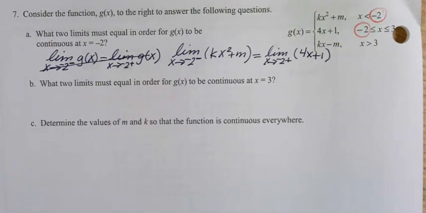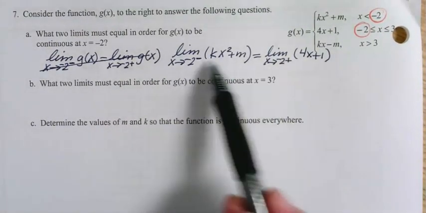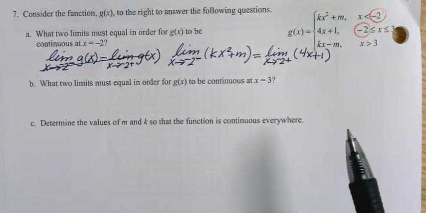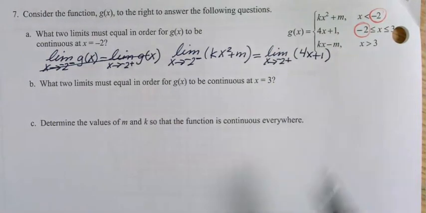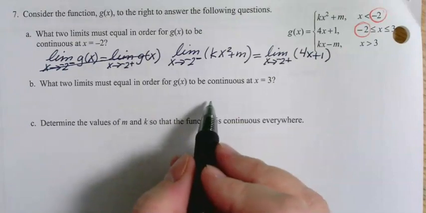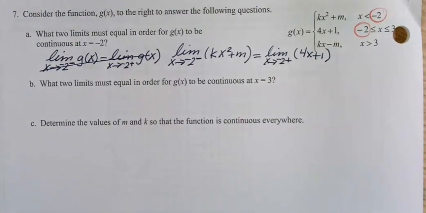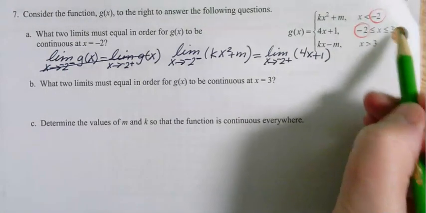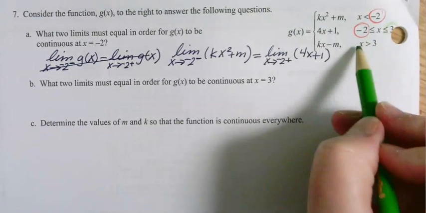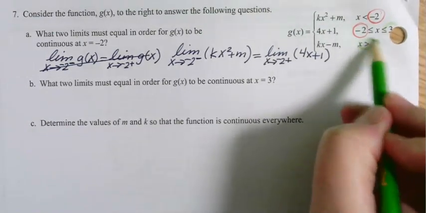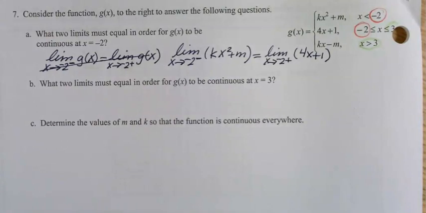That's what we need. Those are the two limits we need to be equal in order for there to be a limit as x approaches negative 2. Then the next thing is asking me the same idea about over here at 3. Sorry, the hole is right there, at 3. So in other words, I'm trying to join these two pieces and make them approach the same thing